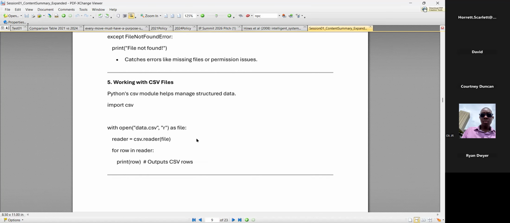So the point here is that we can operate with the CSV files. And we can operate with the CSV files by, first of all, using a library. So the library here is called the CSV library that we can import. So it's not there by default, but we can include it, import it. And once we do that, then we now can get access to the functionality that will read a CSV file,